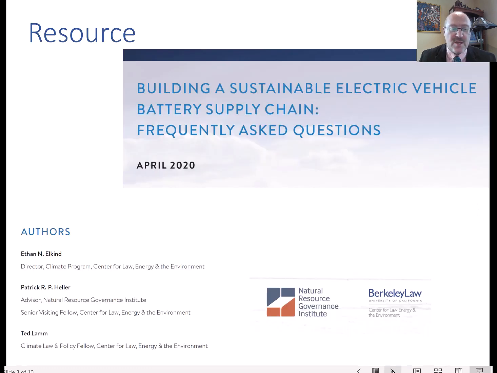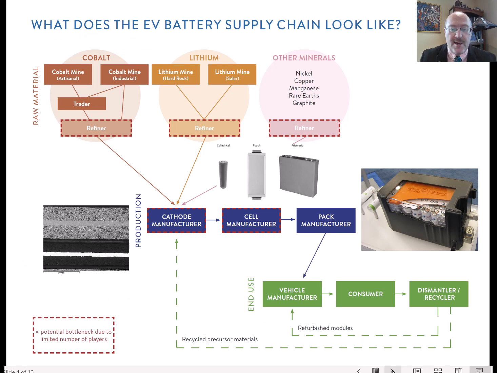And the information I'm taking is from the Building a Sustainable Electric Vehicle Battery Supply Chain report from April 2020. And here are the people who were involved in this report. It has very interesting points, even though the data they are using is from 2018. And in 5 years, a lot of things have changed, but hopefully we can pick up some ideas of what's going on there. Batteries and lithium is a very rapidly evolving field, but I think the core of the issues still remains the same.